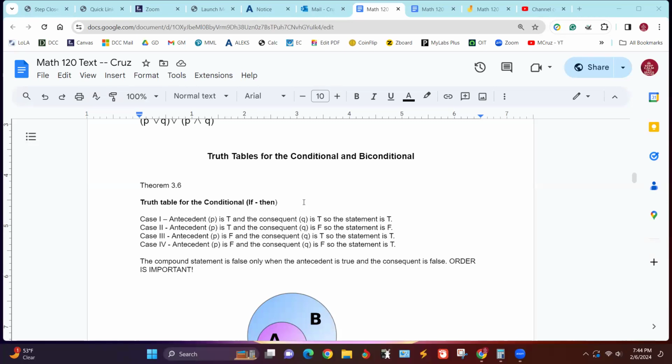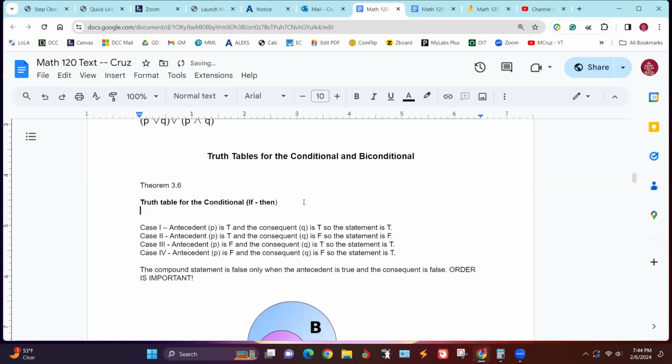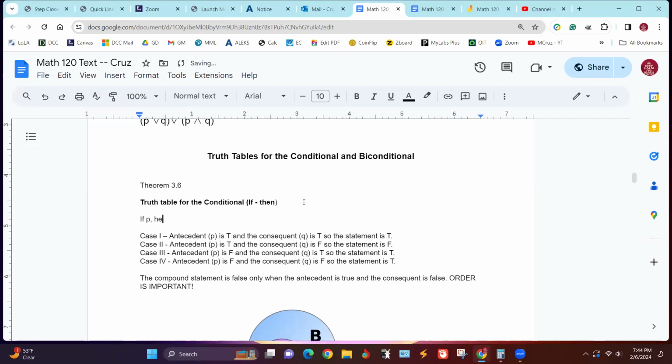So if P, then Q. The P, whatever this is, the one that follows if, is the antecedent, and the one that follows then is the consequent. I'm sorry, the consequent. And what that means is the consequent comes upon fulfilling the antecedent. In other words, that's the condition for this to happen, that this first part happens.